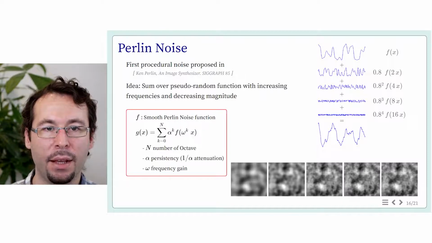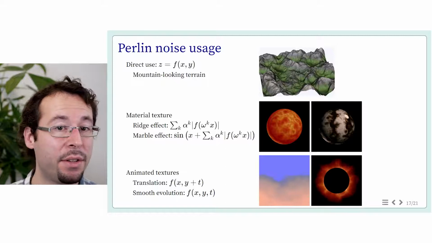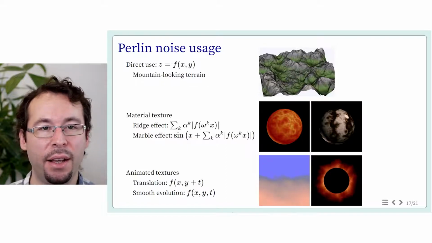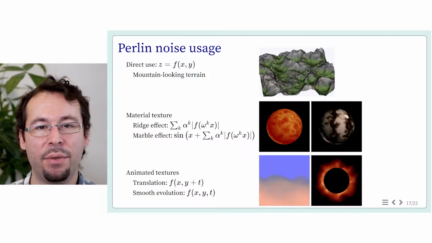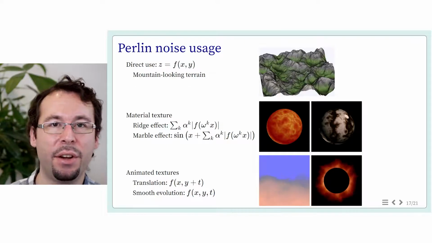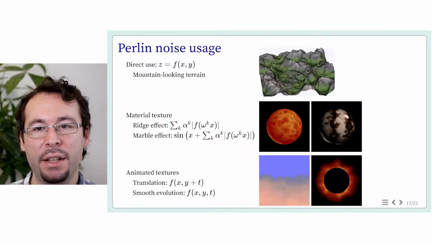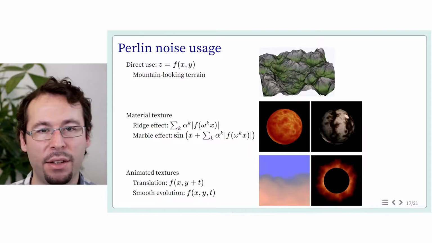And this is some typical use case of this Perlin noise. Basically, we can directly use its value and display it as a height field surface. Then we directly get the representation that looks like a mountain. And using Perlin noise like that was, during a long time, the main approach to generate terrains in early video games, for instance. Of course, it can be used to generate textures, and we can actually modify the function in